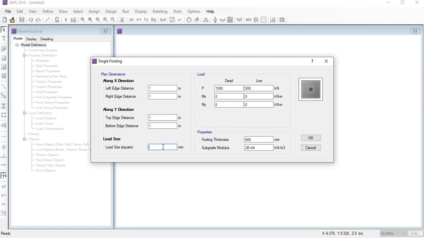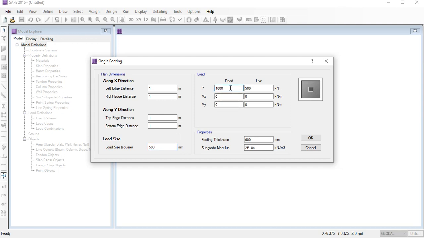And what is the size of the column? This time I'm considering the column size to be 500 by 500, so you just have to give 500, not in this way. That means you should not write 500 into 500; it is not needed in this option. If your column size is 500 by 500, you can put here only 500. If your size is 400 by 400, you can just put 400. According to this way you can put the data here.